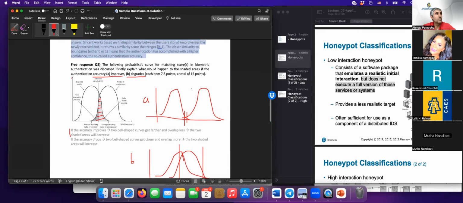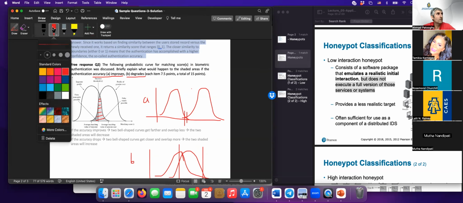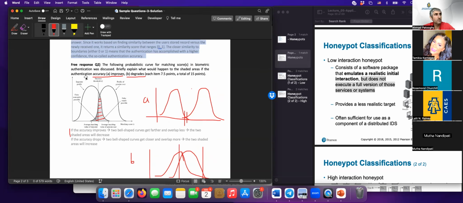Okay, I'm done with this question, and I'm open to questions about multiple choice question 2. Any question about multiple choice question 2? Okay, so